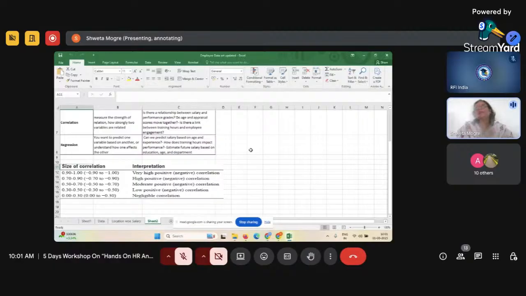But in the practical world, every time we cannot just rely on a single variable. We need to examine the interdependency or the interaction among the variables. For that purpose, there are